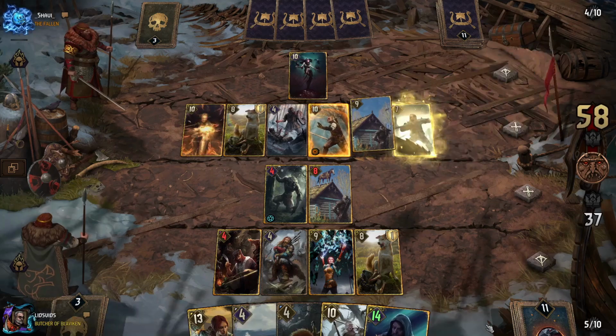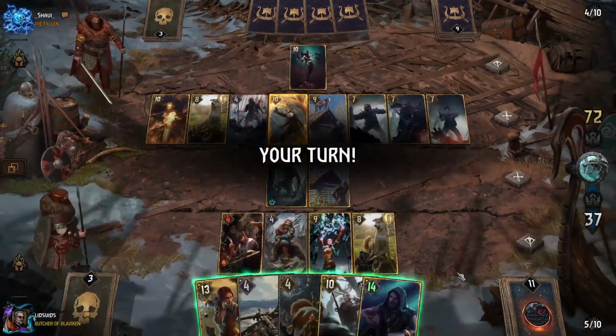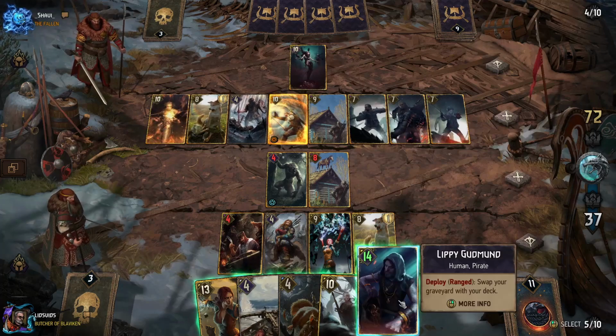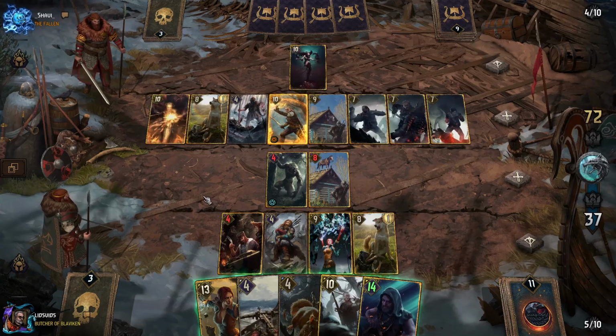And it's Witcher Trio. That is something that we used to have in this deck, but I swapped out, because it was at times a little bit awkward with Lippy, especially if you couldn't get them out in round 1, but they did manage to do that. So now, I mean, if we were to...